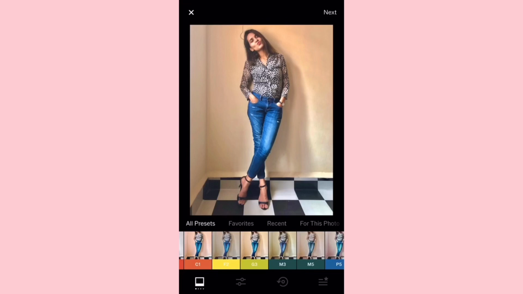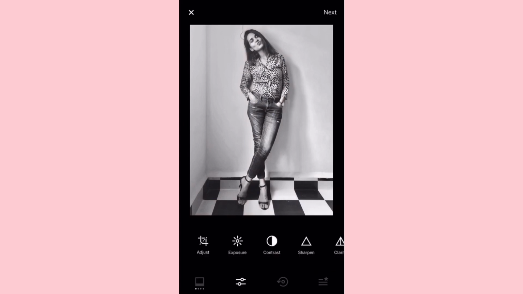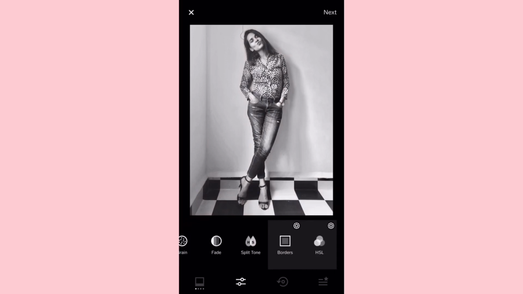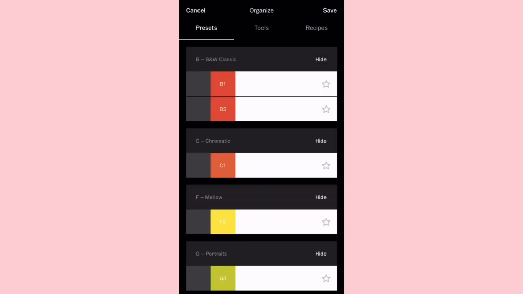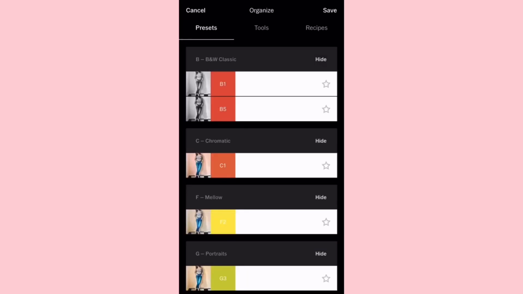So for this particular picture, I'll select the black and white one, which looks really very cool and classy. Apart from that, it consists of all the editing things, all the effects and tools for editing, and also some presets and tools. So yes, this is also a very important application that one can have in their phone.